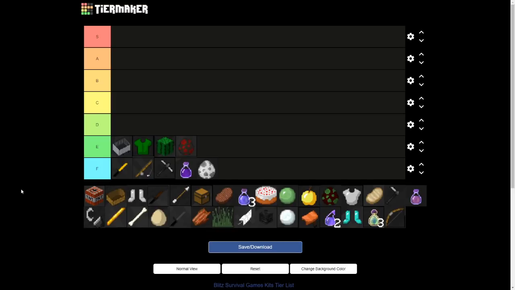All right, D tier. I assume D tier is gonna have the most kits for me. D tier and C tier, because I think a lot of kits are meh to play, pretty much under average. So D tier is going to have to be for me. Let's start it off with,